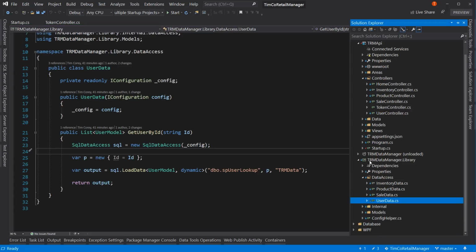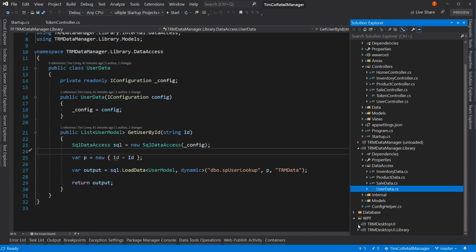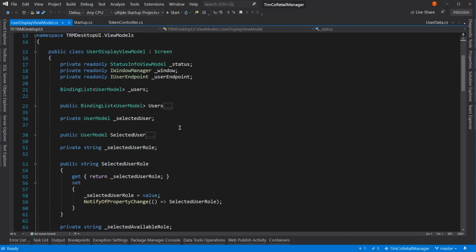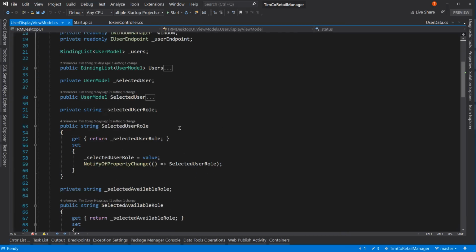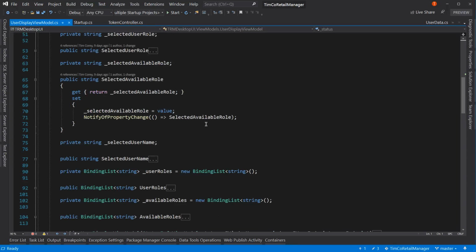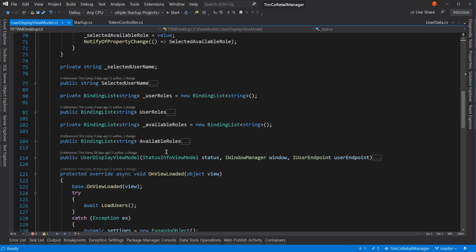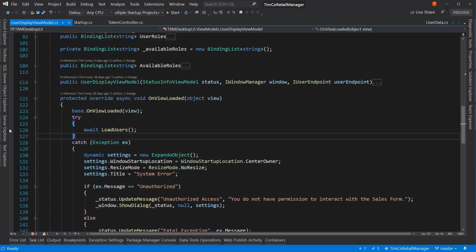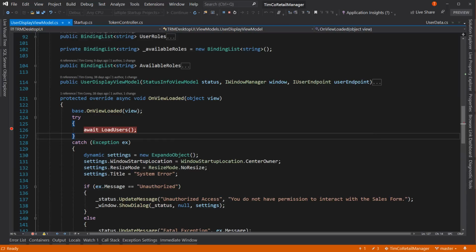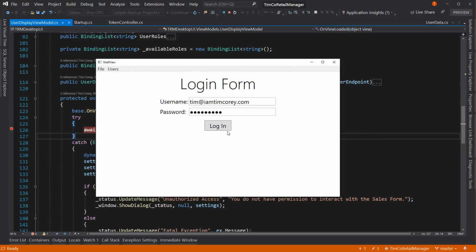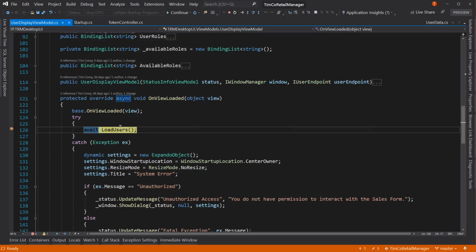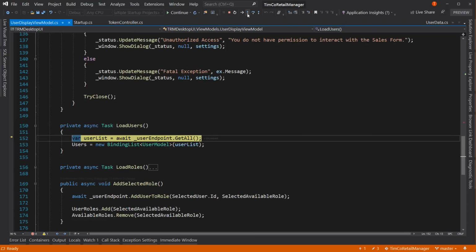So we're going to go down to our WPF, our UI, our view model, and that's the user display view model where we have in here somewhere, we have our constructor right there, and that calls the OnViewLoaded await users. So let's put a breakpoint there. And now we're going to log in. We're going to users. So it gets to this point, and we step through here,